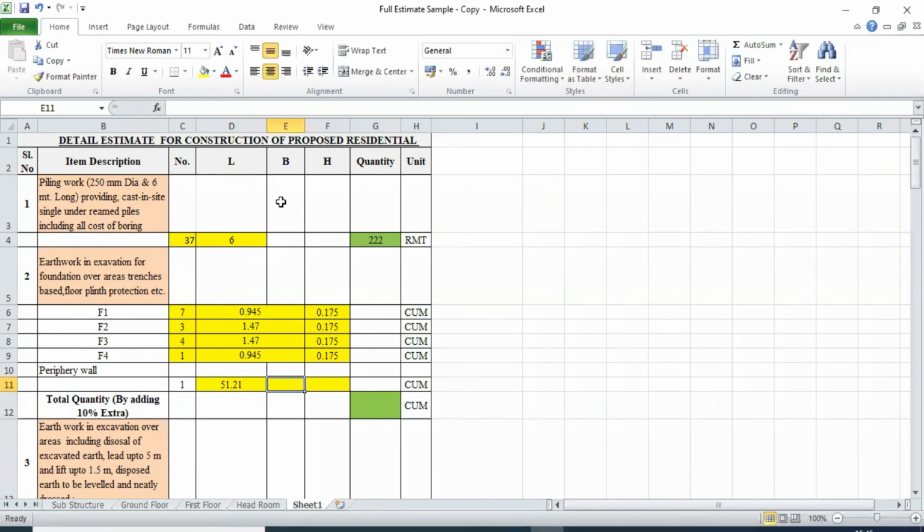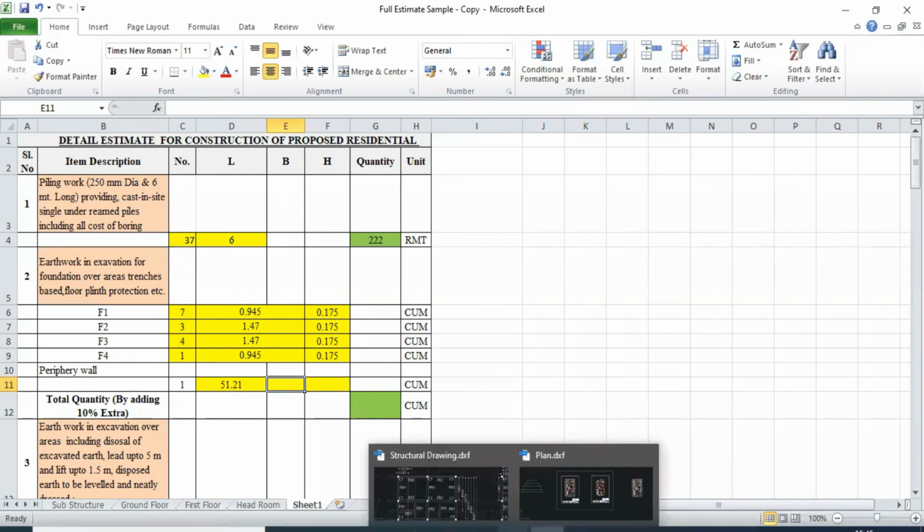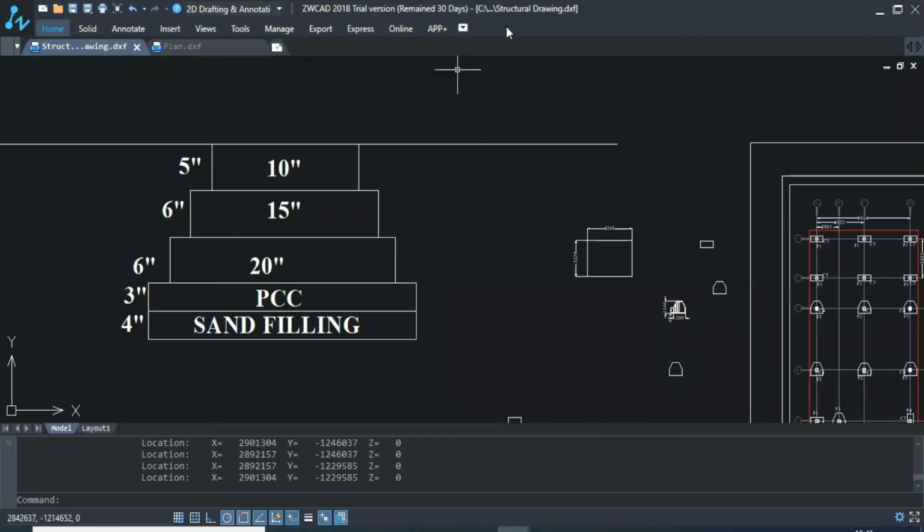So for periphery wall breadth and height, I will show you one drawing. Whenever we are constructing a periphery wall, the foundation for periphery wall will be like this. We have 10 inches, then 15 inches and then 20 inches. So if the third footing is 20 inch and 20 plus 3 and plus 3, so we have 26 inch, and after that we'll do PCC and then sand filling.